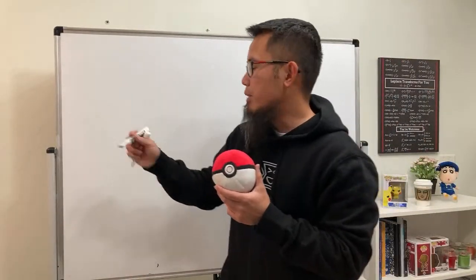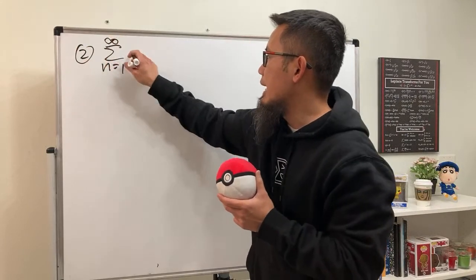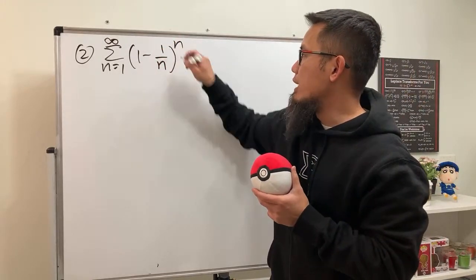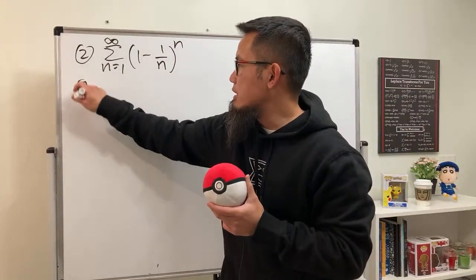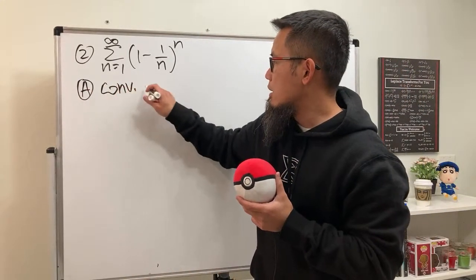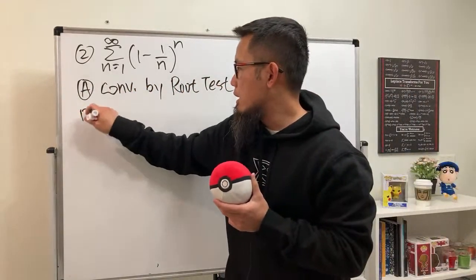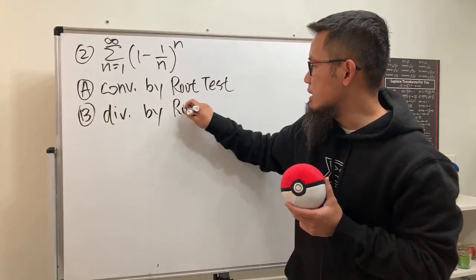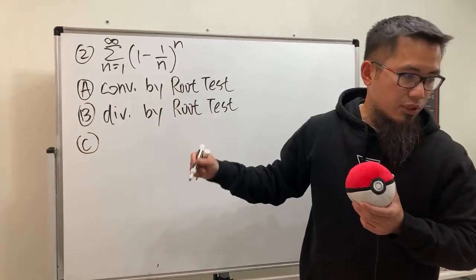All right, this is number 2. I give you guys a series as n goes from 1 to infinity of (1 minus 1 over n) raised to the nth power, and we have choices. The first option says this converges by the root test. Or part B says this diverges by the root test. And then C says this converges to